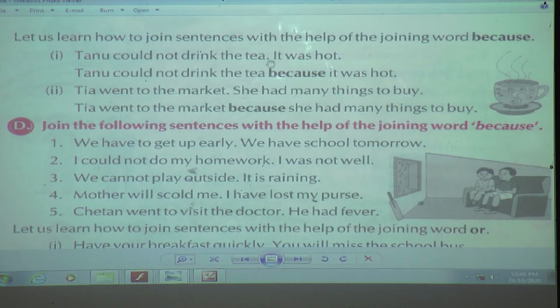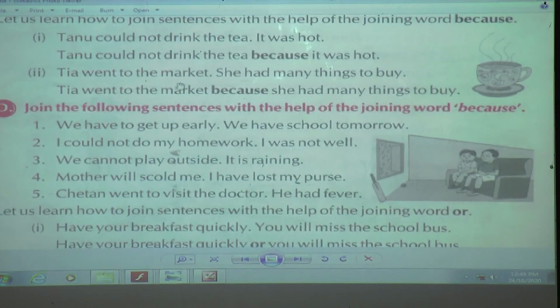Now here also if you can see, they have cut the full stop. They have written the conjunction because in between these two sentences. Yes, and then again I is small. Got it? Same. Only the thing is, in between the two sentences you have to write the conjunction, and the next sentence, that is the second sentence, should begin with the small letter if it is not a name of a person, place, animal or thing.